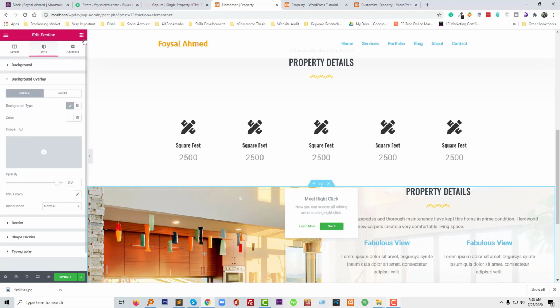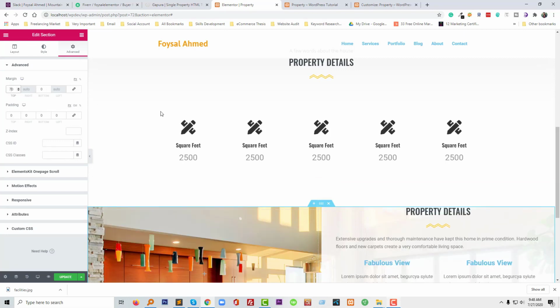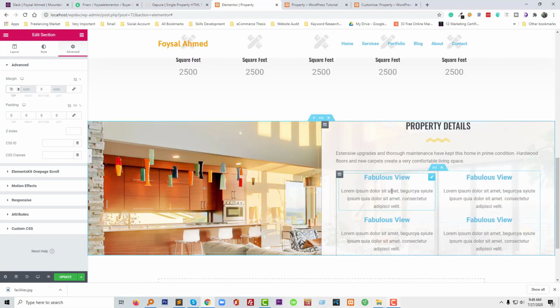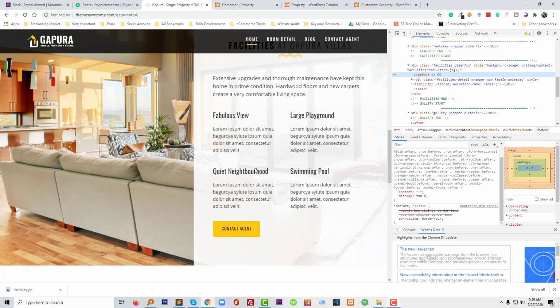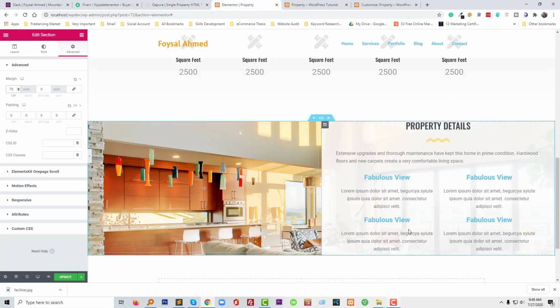Add margin at the top. Then we need to change color and other things, and we also need to add a